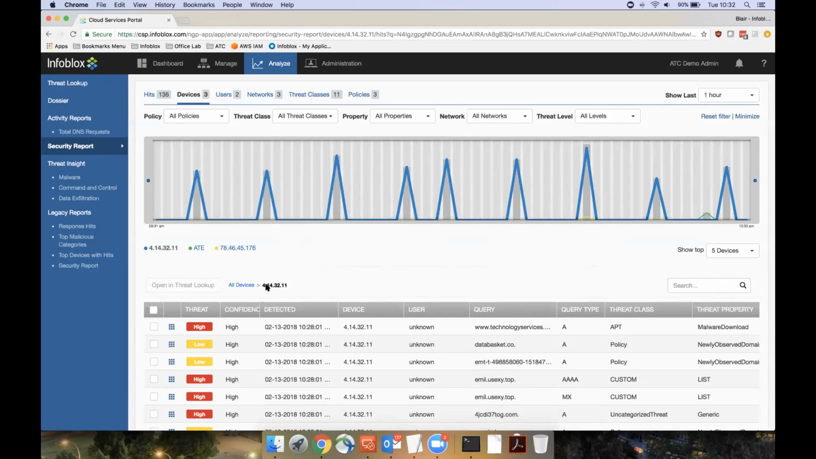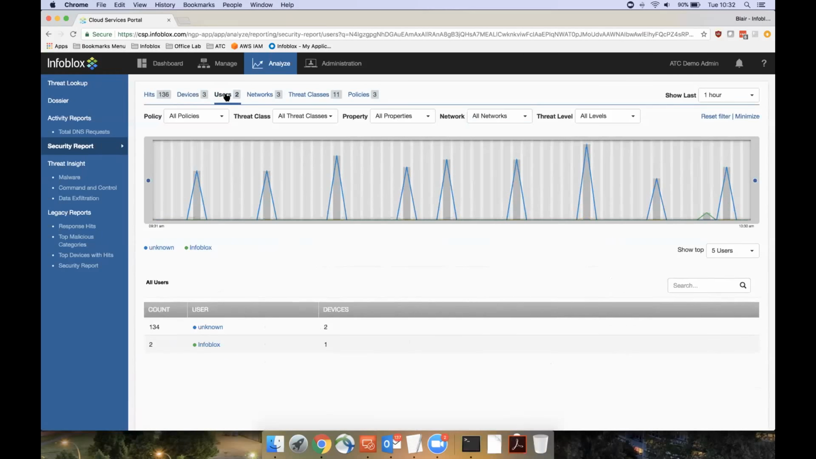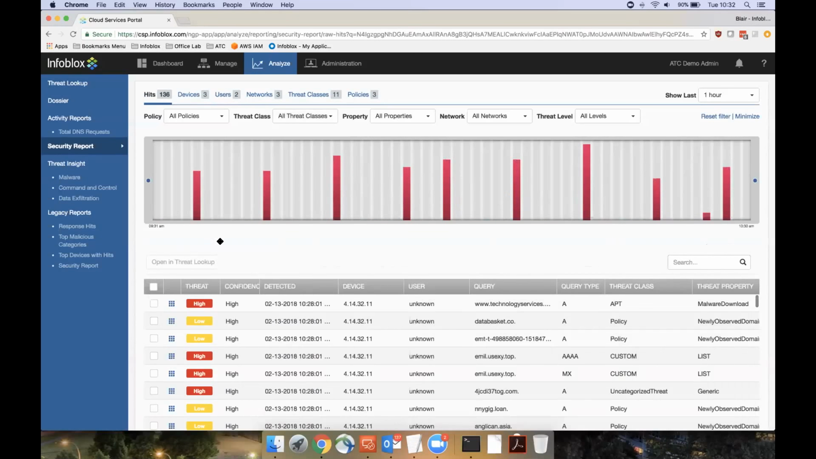And I can send that to the IT department to go and focus in on that machine and clean it up and make sure there's nothing wrong with it. I can do the same thing by looking at users. So I can see the logged in user and how many hits they have, and the same thing across the different types of views. If we go back to these hits though, and we concentrate on the ones that we just had,